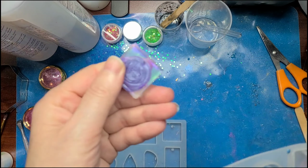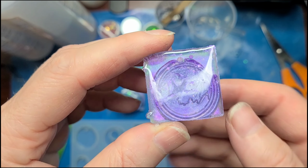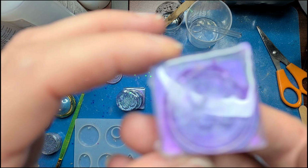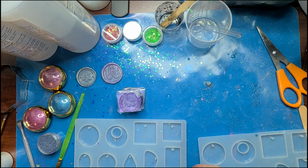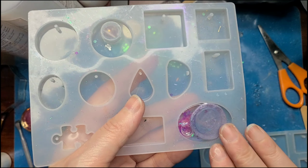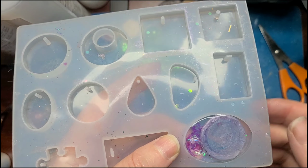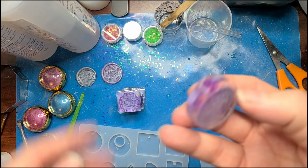This one's a little rough, because I really scuffed this one up. Plus I over poured it a little. But I'm hoping I'll be able to clean that up because the wax seal itself came out really nice. Now these, I actually tried making a wax seal, then putting them upside down, then encasing them in resin, and I messed this one up because I didn't notice this huge bubble until it was too late. So it's got a huge bubble there, but from the front,